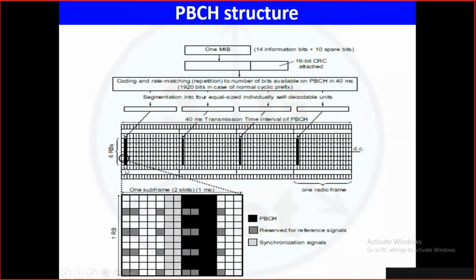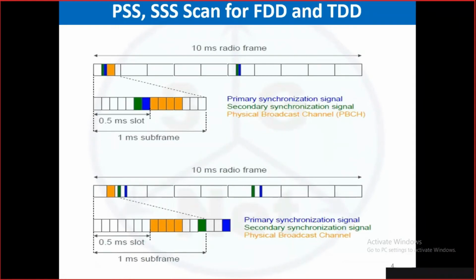Can I ask, in the previous slide you told the MIB location is always the same. But how will the mobile know the MIB location? Oh, it is written in the book. It is fixed for the entire planet. It never changes. But how will it know the starting point, like this is the starting of the zero frame for the mobile?